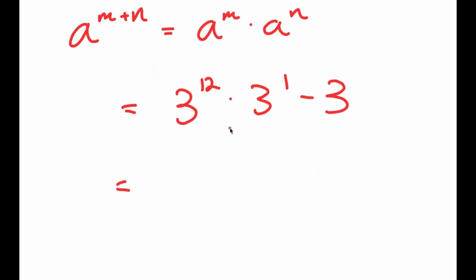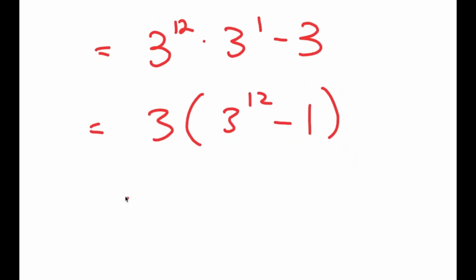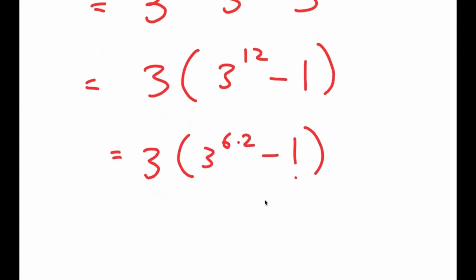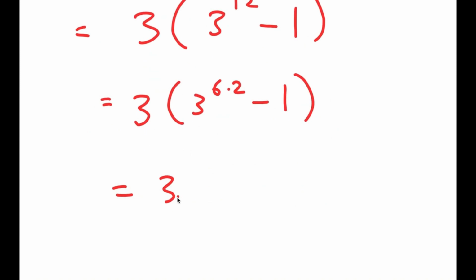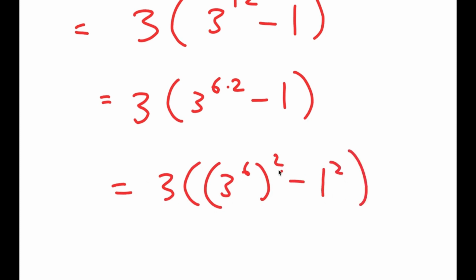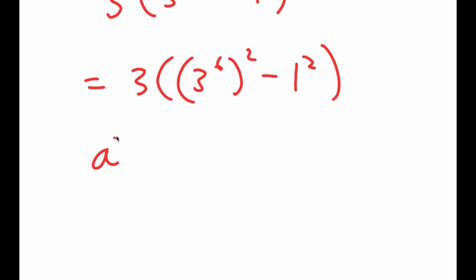And from here, I can factor out 3. So I get 3 times 3 to the power of 12 minus 1. Now 3 to the power of 12, I'm going to rewrite as 3 to the power of 6 times 2. And that's equal to 3 times 3 to the power of 6, to the power of 2, minus 1 squared. And I'm writing this like this because now I can use the property a squared minus b squared is equal to a plus b